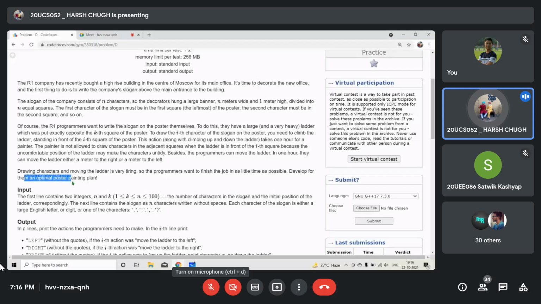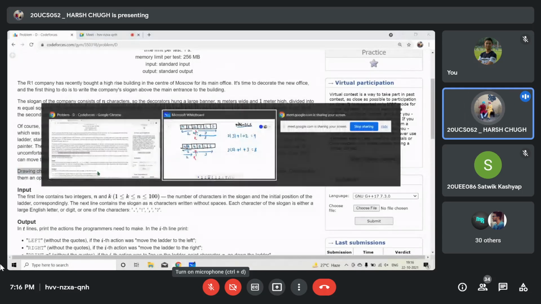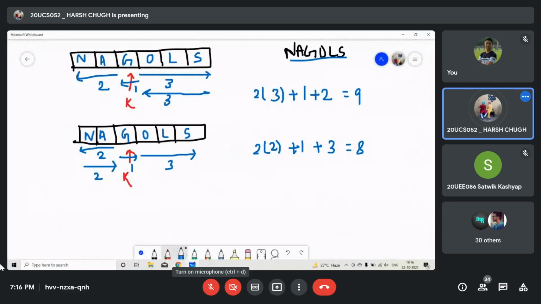Okay. In our question, we are given that we have to choose the optimal way and we have to complete the task in minimum time possible. So we will choose that part which takes fewer steps. So for that, we have decided that we will move left, right? Now what we were doing is, if in that position we go left and then again we come back to cover that right part, what if that right part is not there?